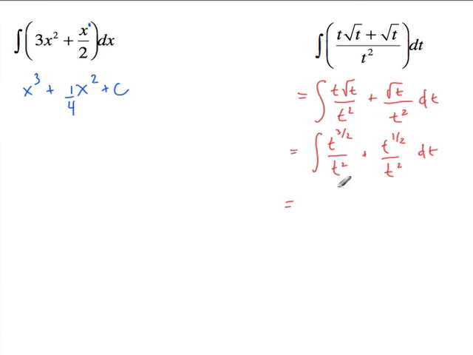Now we subtract these powers. Same base. We can subtract them. So 3/2 minus 2. That's 1.5 minus 2. That's t to the -1/2 plus t to the 1/2 minus 2, which is minus 3/2